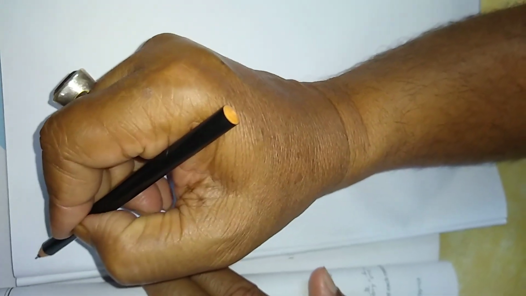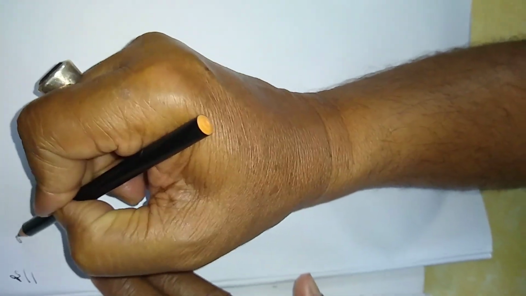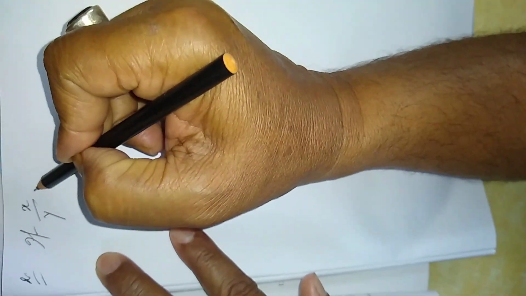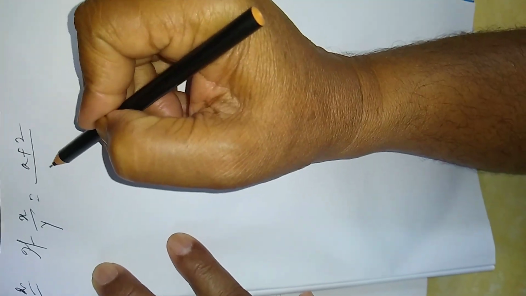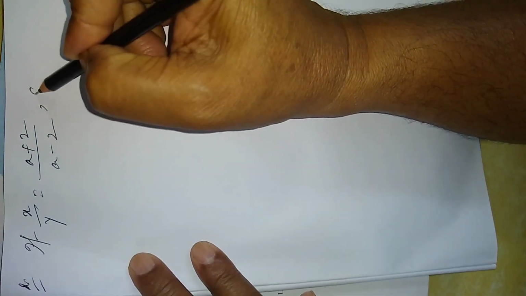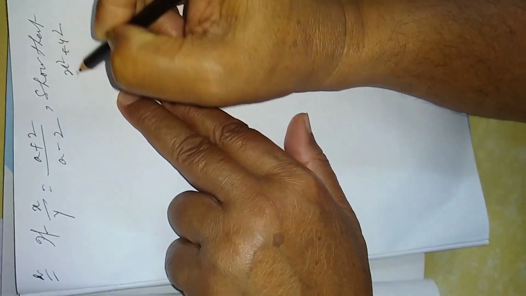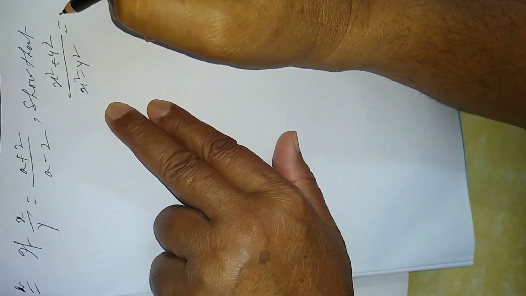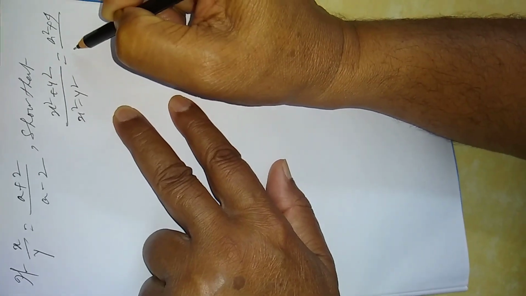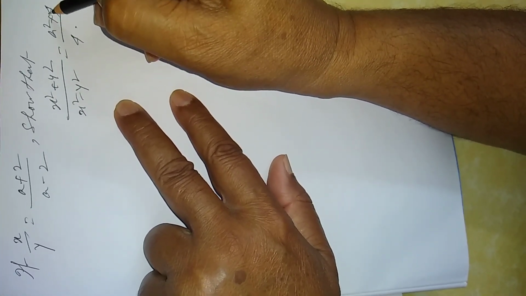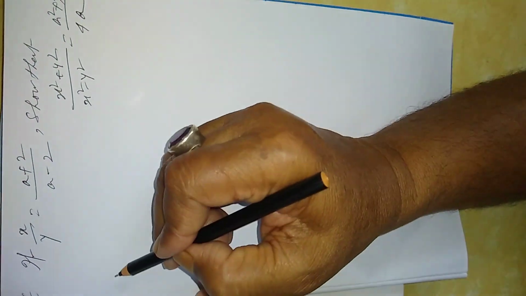The second sum, sum number 2. If x by y is equal to a plus 2 by a minus 2, so that x square plus y square divided by x square minus y square is equal to a square plus 4 divided by 4a. Now